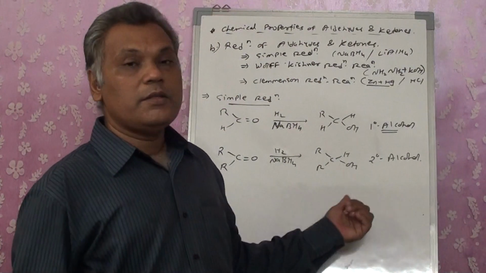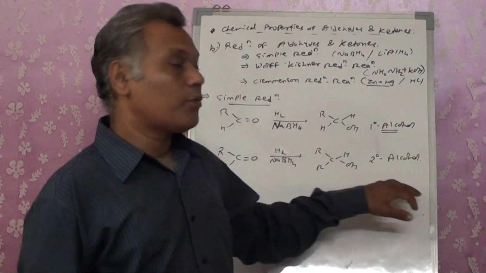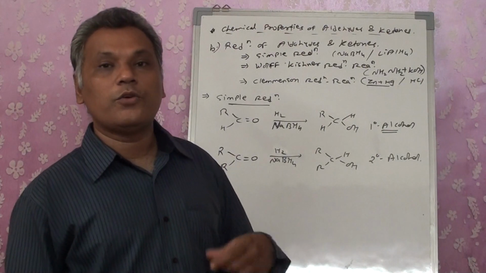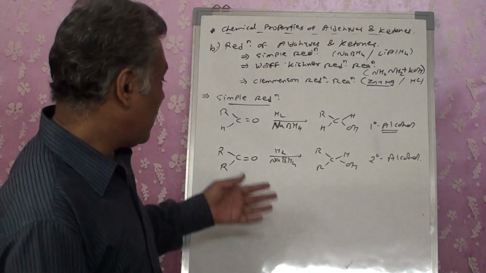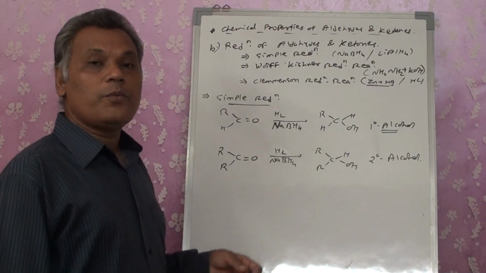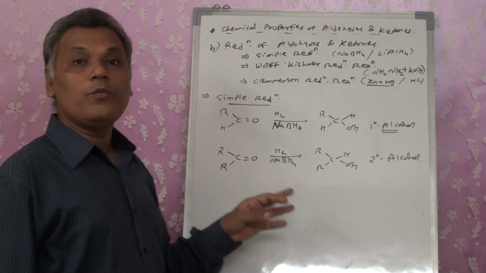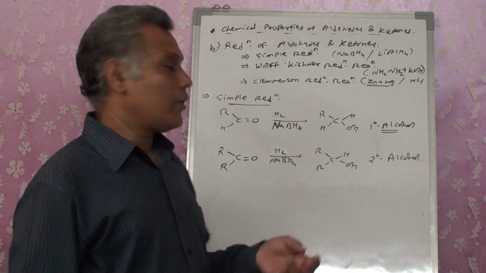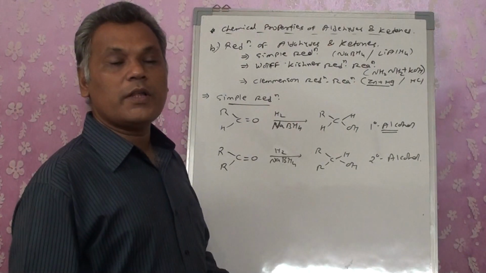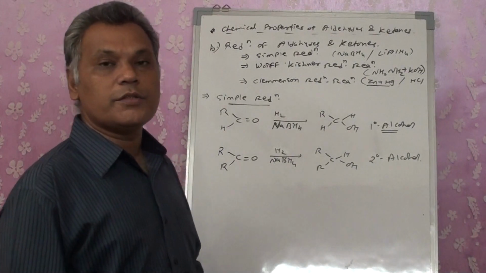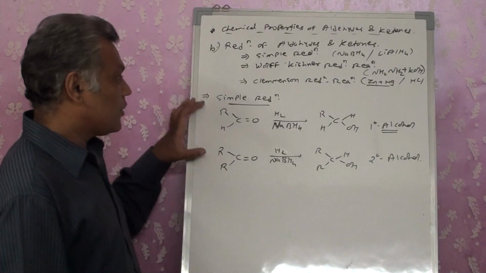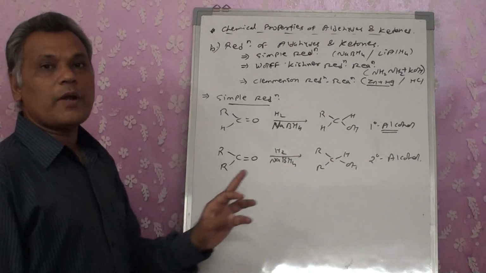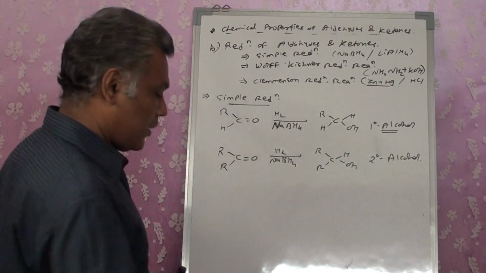Similarly, this reduction of ketones produces secondary alcohol, while in our Grignard nucleophilic addition reaction, ketone produced tertiary alcohol. So that can be a question: write different methods for preparing secondary alcohol from ketones by using different reagents. One we used over there was Grignard reagent. Here we are using the reducing agent NaBH4. So this is a simple reduction. In the simple reduction, aldehyde got converted into primary and ketone got converted into secondary alcohol.